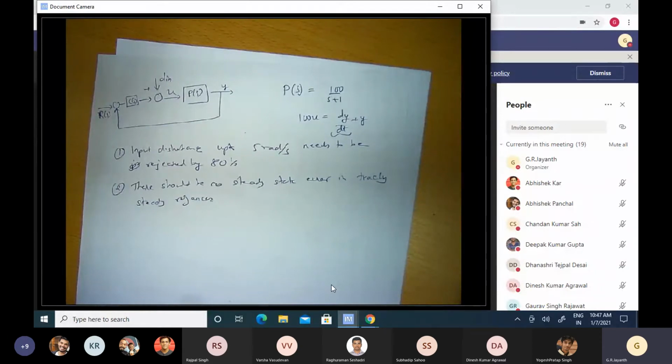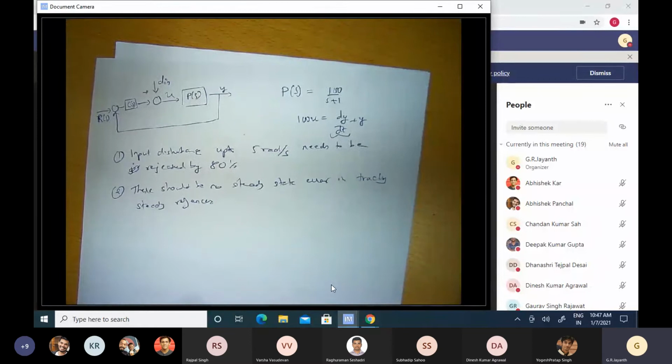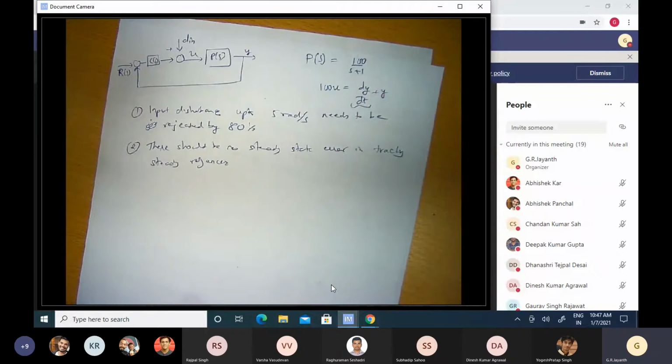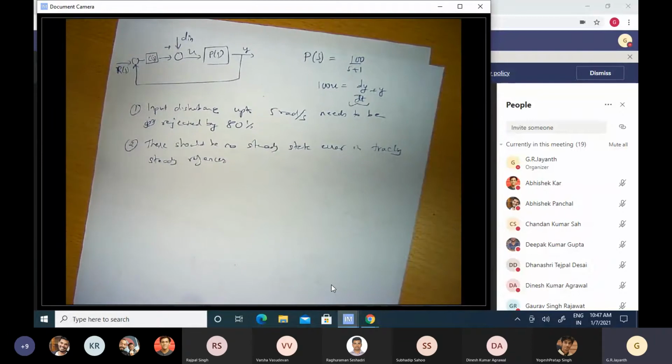So this is the specification, and you are asked to design a control system to meet these specifications. What does that mean in practice? You have to come up with a controller C of S which satisfies these two specifications. So the first question is, your boss has told you what he or she wants in terms of performance. What about stability? Well, it turns out that people will not tell you anything about what they want in terms of stability. Often they will not tell you that, because stability is something that you as a control engineer are expected to guarantee before you guarantee them a certain performance.